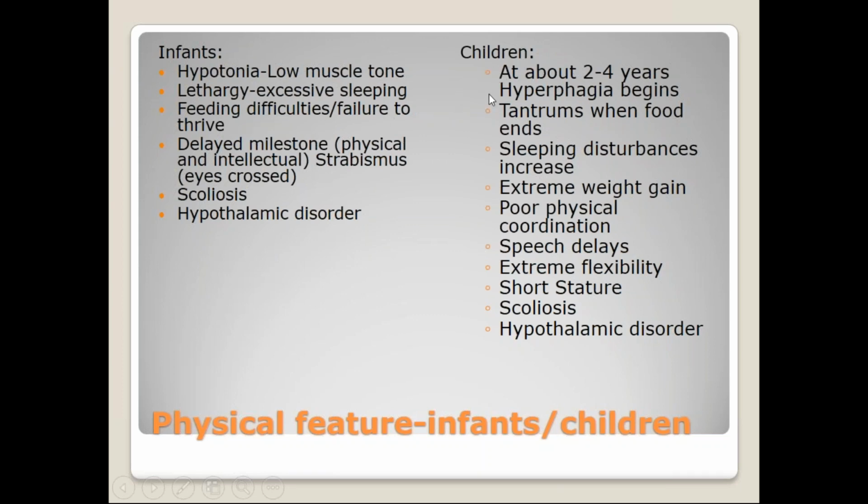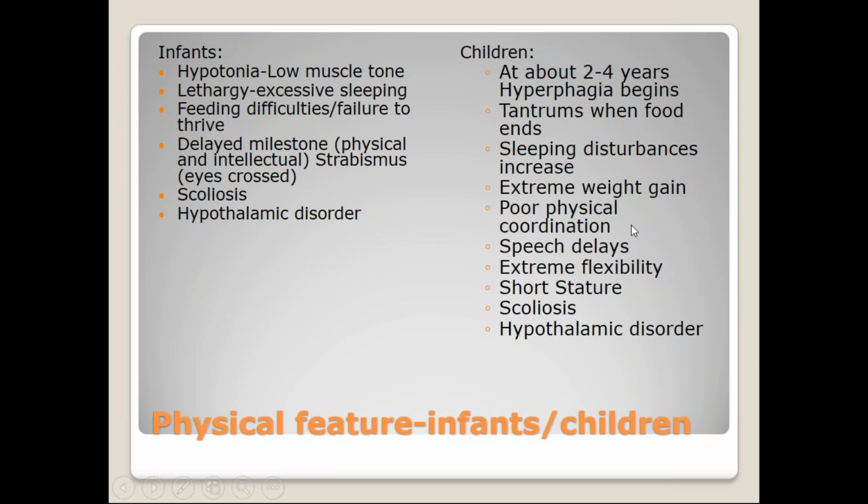As a child goes from infancy to about 2 to 3, now the parents have this baby who can't eat, doesn't move very much, very lethargic. So all of a sudden at 2 to 3, they want to eat. And all of a sudden they begin to thrive. Now they're eating. They want food. They want more and more food. They eat so much and then they become normally weighted and boom, overweight. They have sleeping disturbances. All of a sudden there's extreme rapid weight gain. Now the doctors are saying, okay, put the kid on a diet. That's typically right around childhood, 2 to 3, that they really notice there's something unique here.